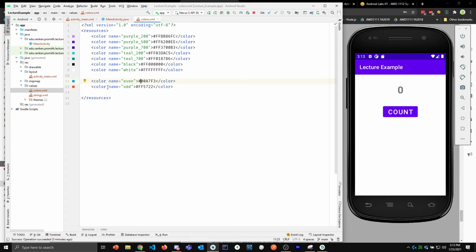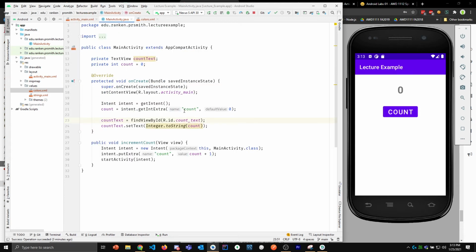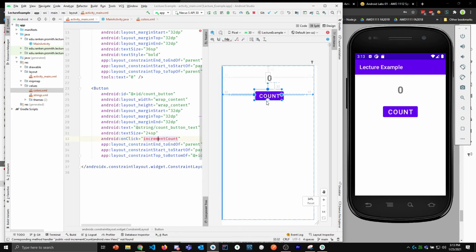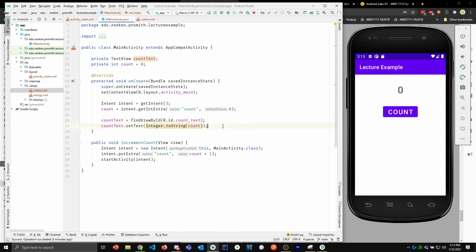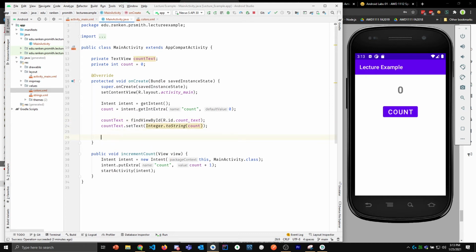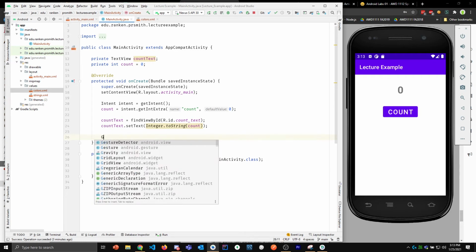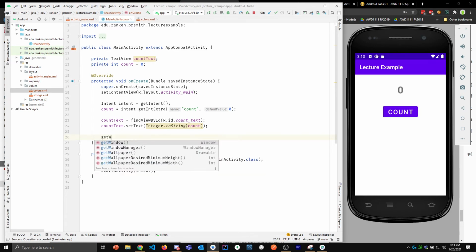Okay, so we got red and blue, and I'm going to go back to main activity now. And so as we kind of shift that, I'm going to want to change the color. So I need to go into activity main and kind of think about where do we want to put that color. Maybe I'd like to do that maybe as the background of the whole screen. And I forget, I think to change the background here, I actually have to get into the window. So get window